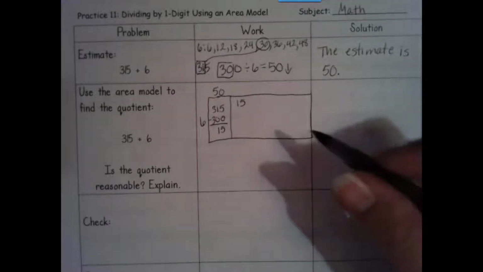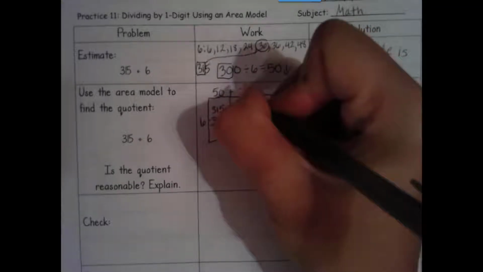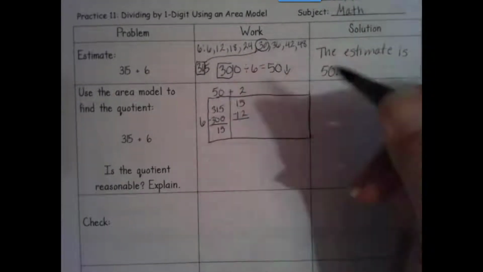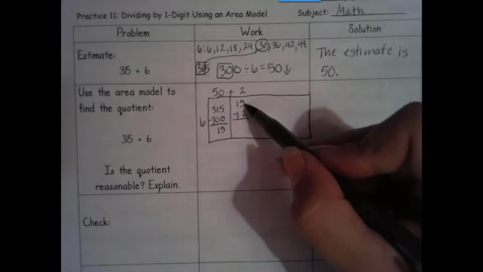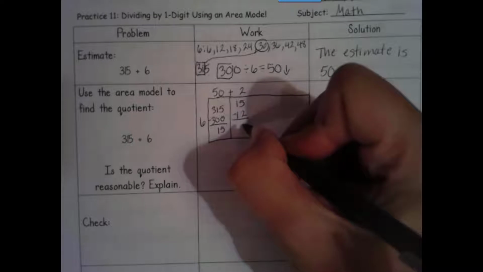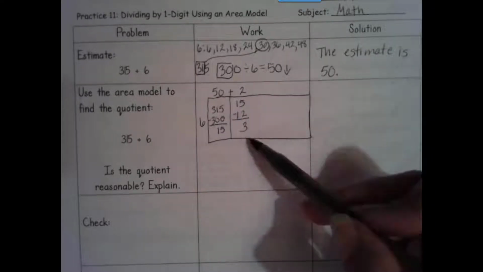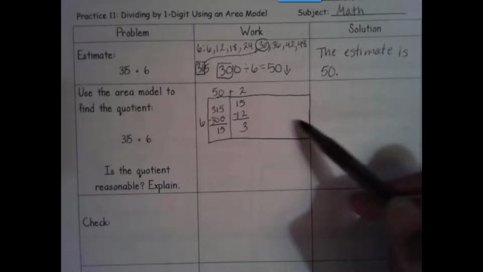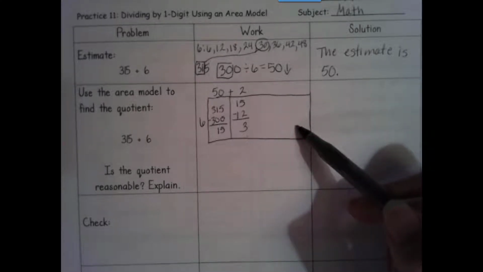Let's see. Let's try 2. 2 times 6 is 12. More on top, no need to stop. Numbers the same, zeros a game. I get 3. Can I take any groups of 6 out of 3? No, so I'm done. So I have a lot of extra space here, just in case I needed it, but